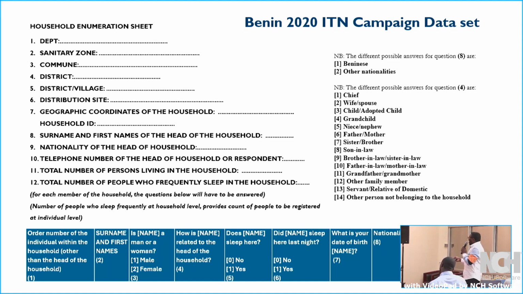All right, and then you receive the date of birth of the person, the nationality of that person, and if the person is a female, then you also ask if the person is pregnant or not. I thought we were done, but no, we still went ahead to ask the due date of that pregnancy. You can imagine how this enumeration process was collected.